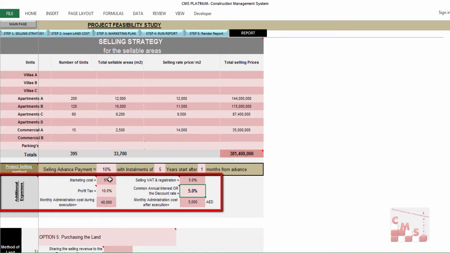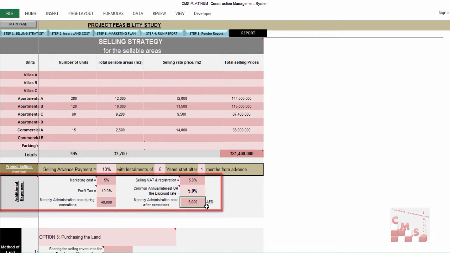So that's some of the required additional expenses. Also, as we said, we have to insert the monthly administration expenses during the construction. We consider here 40,000. And also the monthly administration cost after the execution, which we'll consider as a lesser amount, 5,000, because it will not be too much administration cost there, only like an accountant who's looking after the installments and